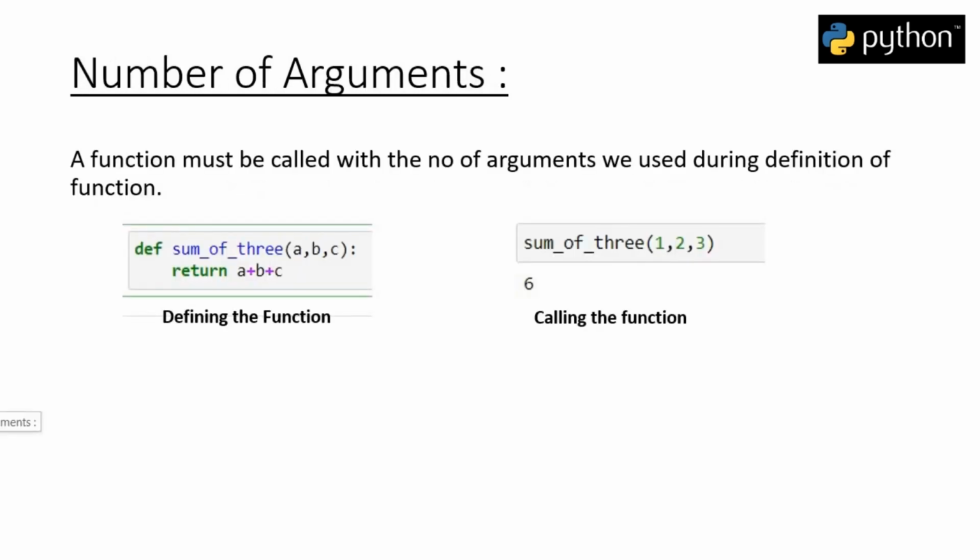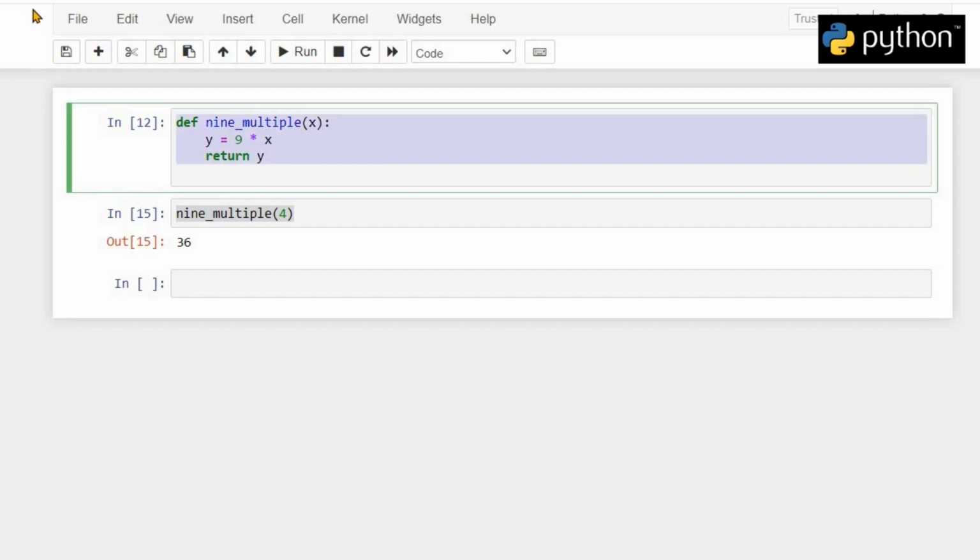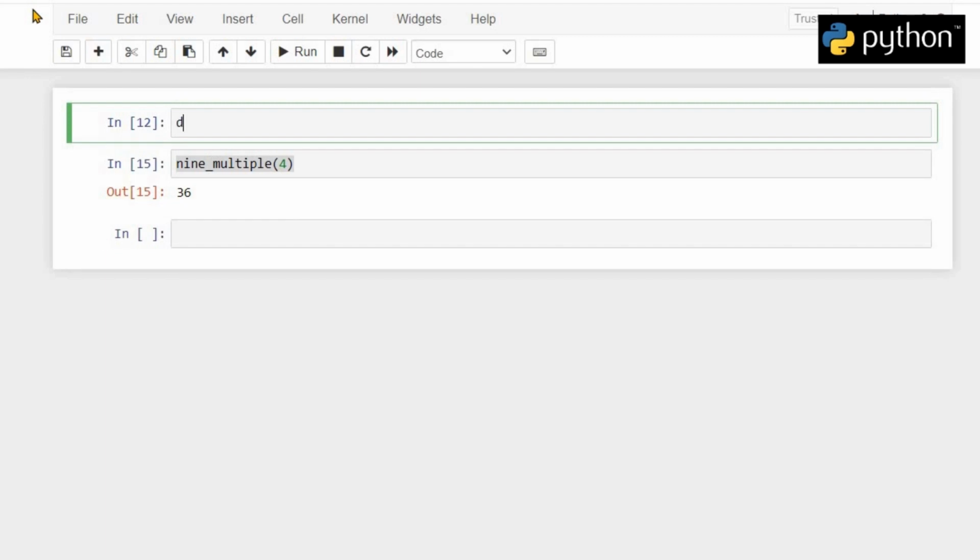Now the number of arguments should be the same while calling and while defining the function. So for example, let's say we have a function that takes 2 arguments or 2 parameters, sums them and returns the output. So let's say we have a function named def toSum, and it takes 2 inputs, that is a and b.